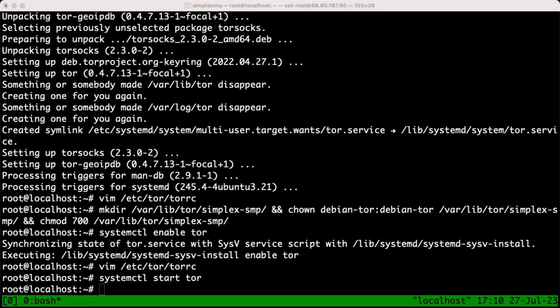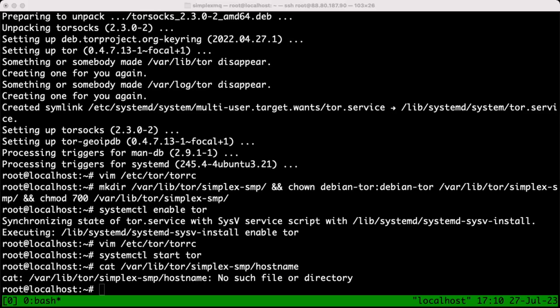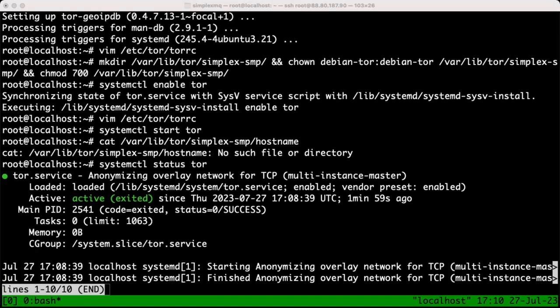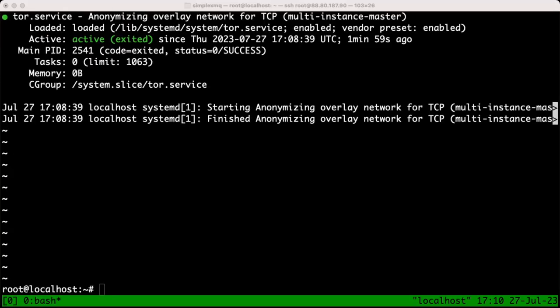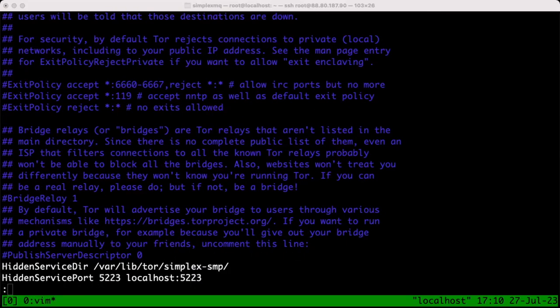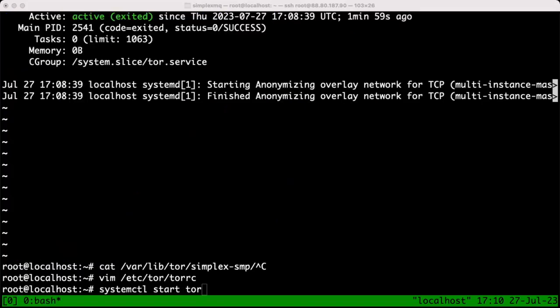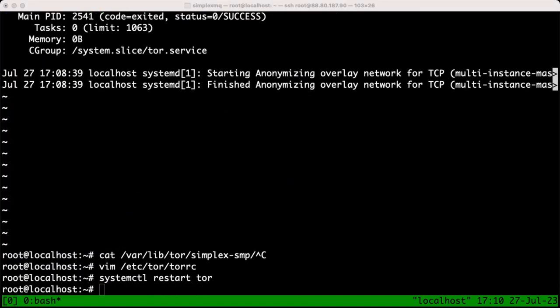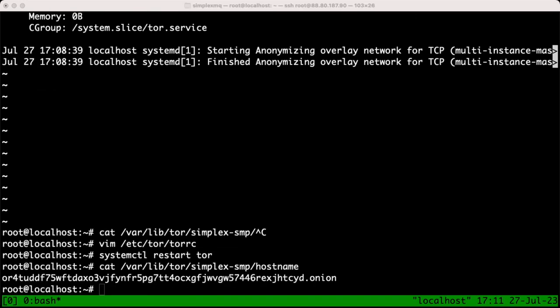Right. Tor is starting now. Good, and we have an Onion address now on our server.